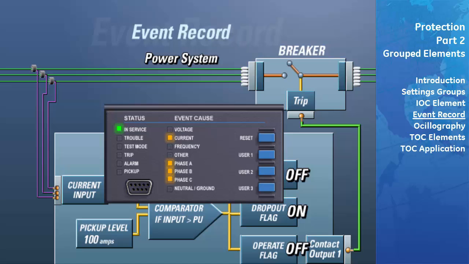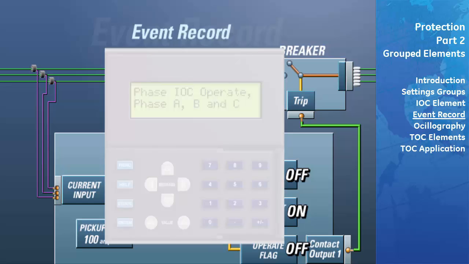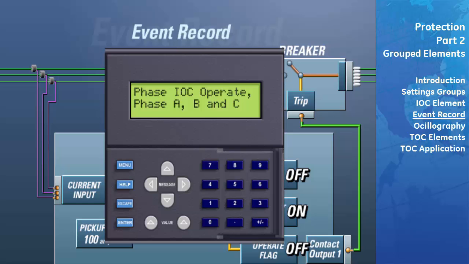The pickup LED will turn off, indicating that the fault condition is no longer present. The current LED and the phase A, B, and C LEDs will stay on because the target field was set to latched. The message displayed on the front panel display screen will change to Phase IOC Latched. Both of these indicators will stay on the front panel so that the cause of the fault can be diagnosed